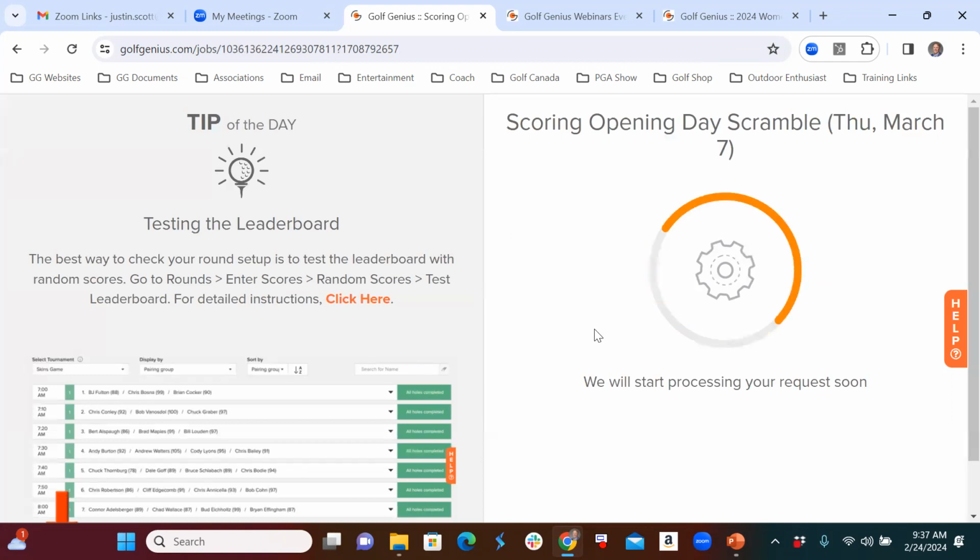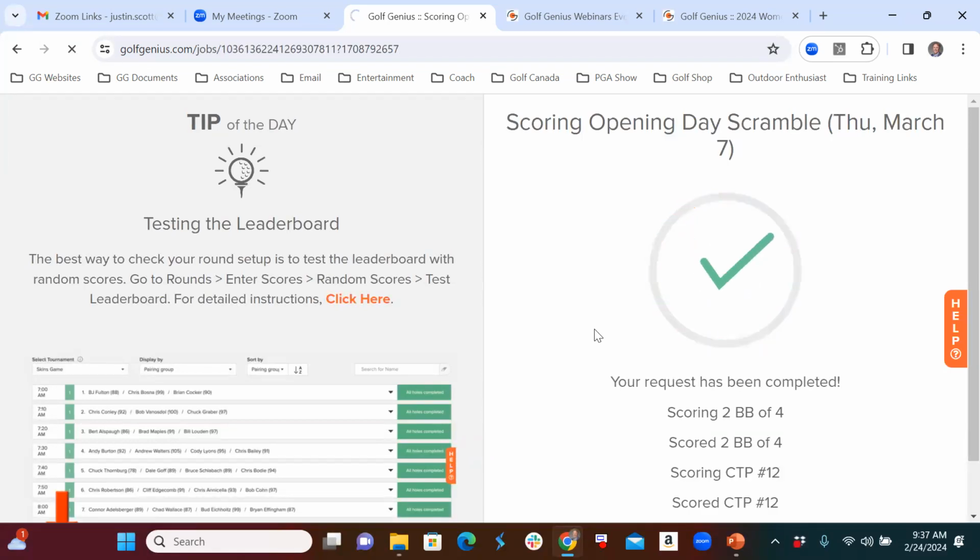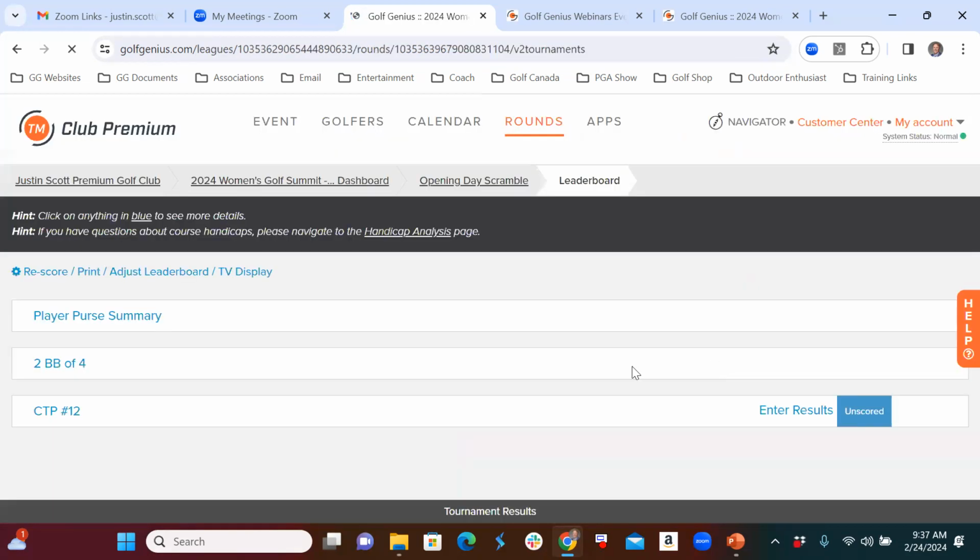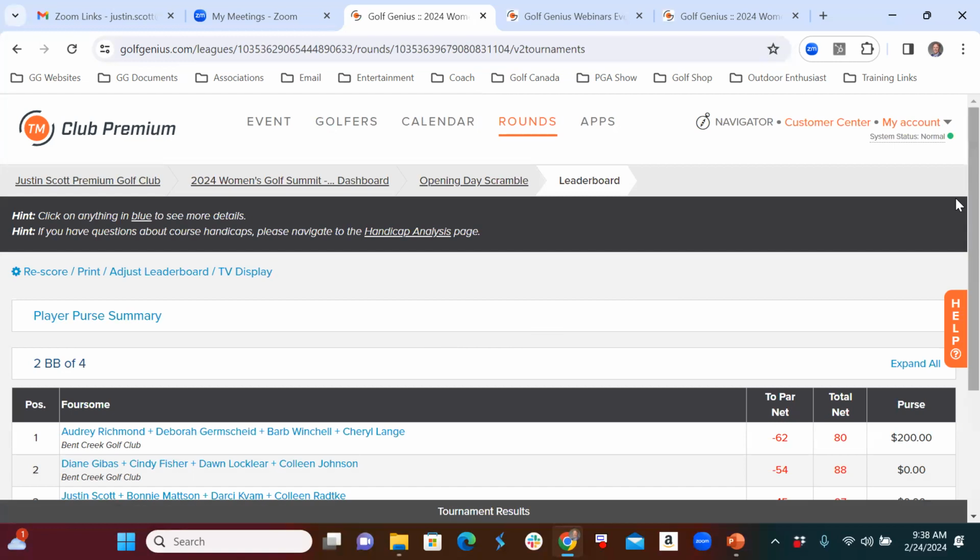As a professional, there was nothing worse than having somebody come to me and tell me that their score was wrong based off of an incorrect setup. That's on me, right? I didn't do it correctly. And with these random scores, you can certainly have the ability to test this out to see if my 2 better ball of 4 competition comes out correctly. And now you can see, okay,